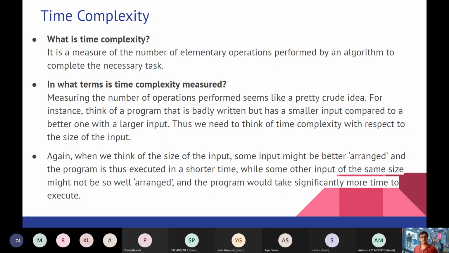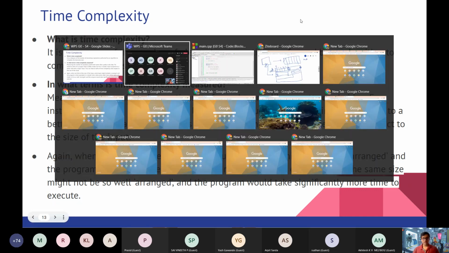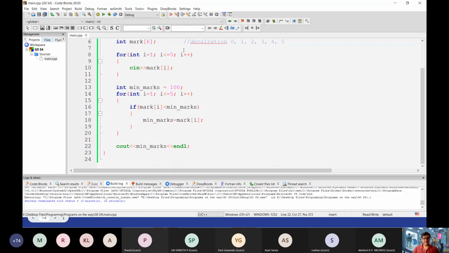Time complexity is a measure of the number of elementary operations performed by an algorithm. Two codes can be considered as two algorithms because they do a particular task to achieve a final result. So time complexity is a measure of the number of elementary operations performed by an algorithm to complete a particular task. What are elementary operations? In a code like this,